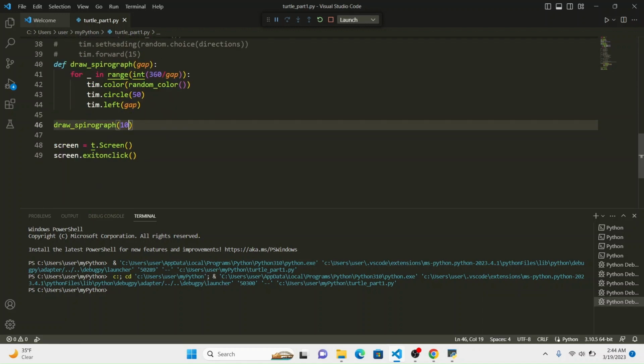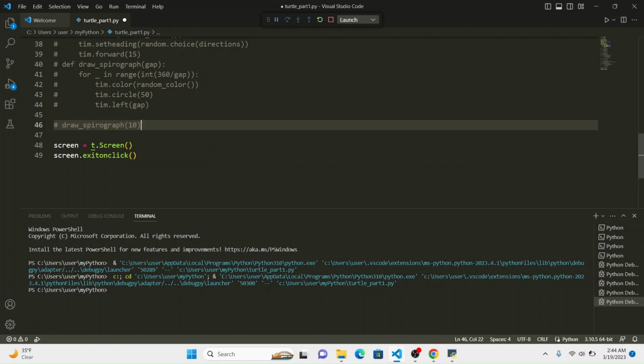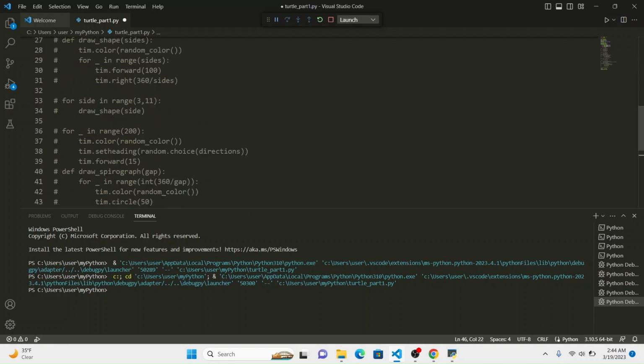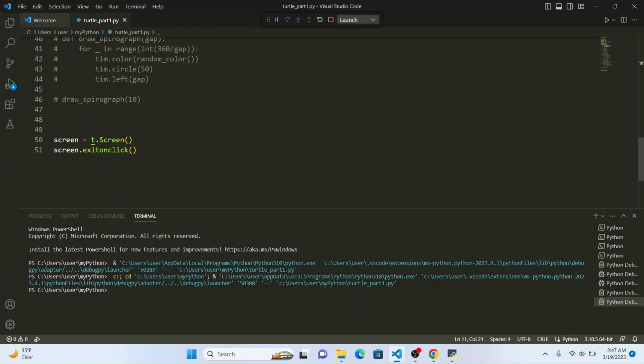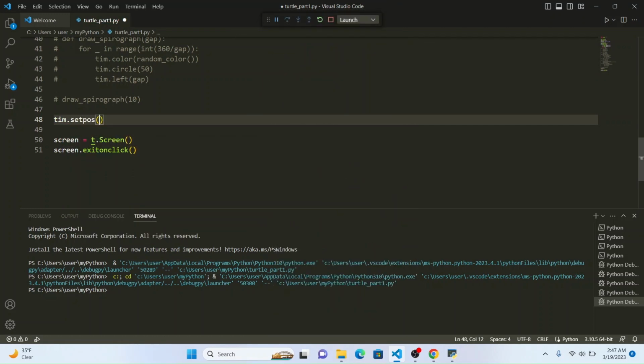using the turtle module. Now as a last trial, we will try to draw a painting of dots using our turtle. So we will try to move the position and come up with a simple painting with color dots. So let us first set the position for our turtle. Tim dot set position, we will try to set it at minus 240 and minus 240, the x coordinate as minus 240 and minus 240,